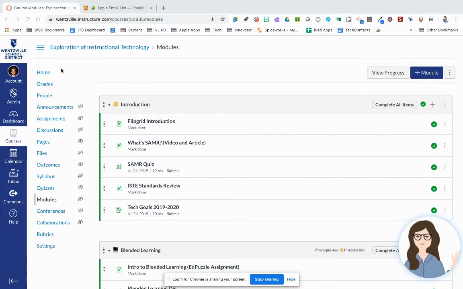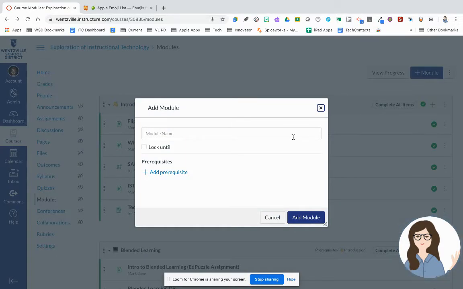You'll see that I'm actually under our modules tab inside of my course. If you have set your home page to modules, you will also be able to access your modules there. I already have some modules, so I have a big blue plus module button here. If you don't have any modules in your course yet, you may have a big button to press right on your screen. So we're going to press this button to make a new module,